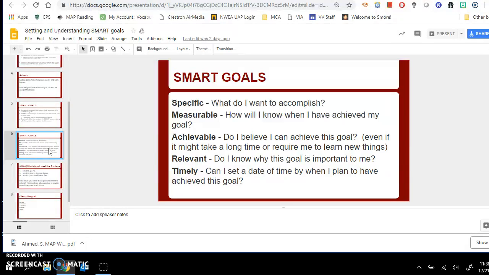And so what do you really want to accomplish? How will you know if you have? So getting back on the scale, or I increase muscle tone, I actually do have an A in math class. And do you believe it? That's part of it. Is it achievable? Relevant, and then of course, timely.